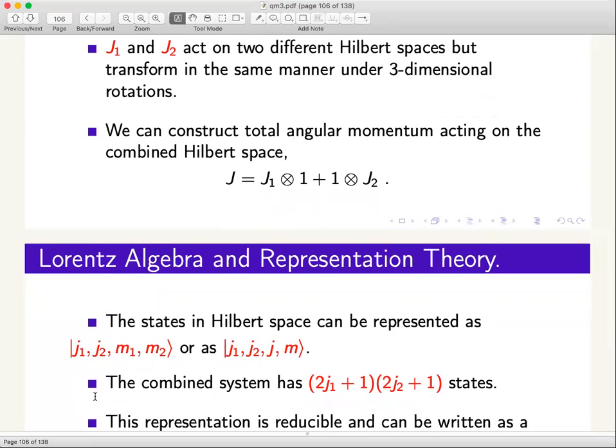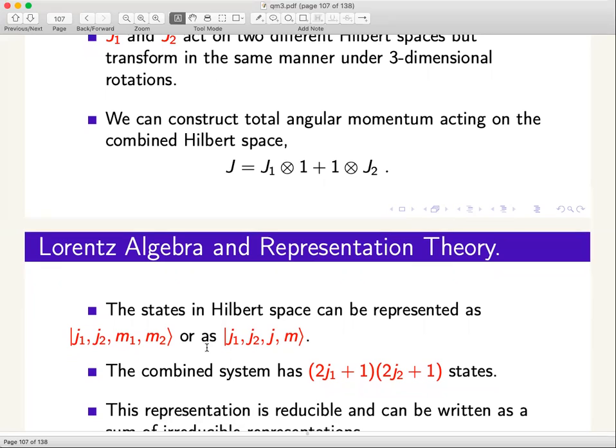And one of the things that we do in quantum mechanics is to show that there exists a change of basis, and that change of basis from this choice to this choice is written in terms of what are called the Clebsch-Gordan coefficients. Sometimes you can evaluate those Clebsch-Gordan coefficients in a simple way. Particularly for the angular momentum algebra, you know the Clebsch-Gordan coefficients for all values of j's.